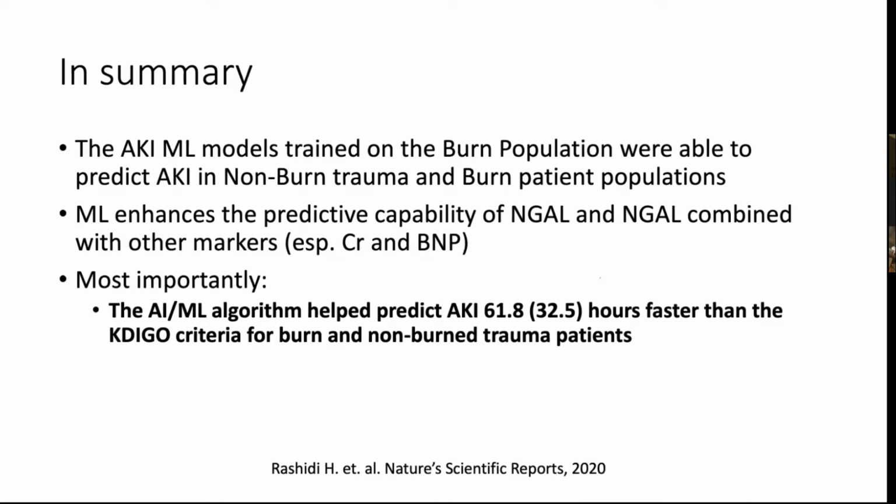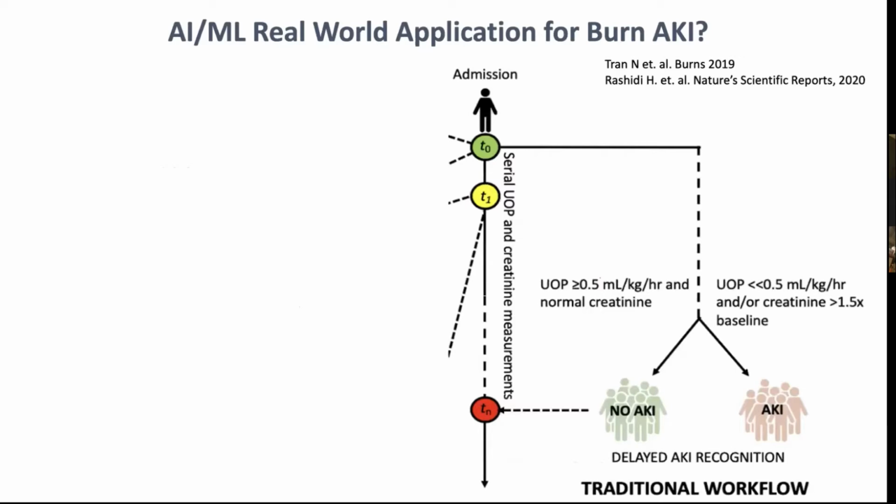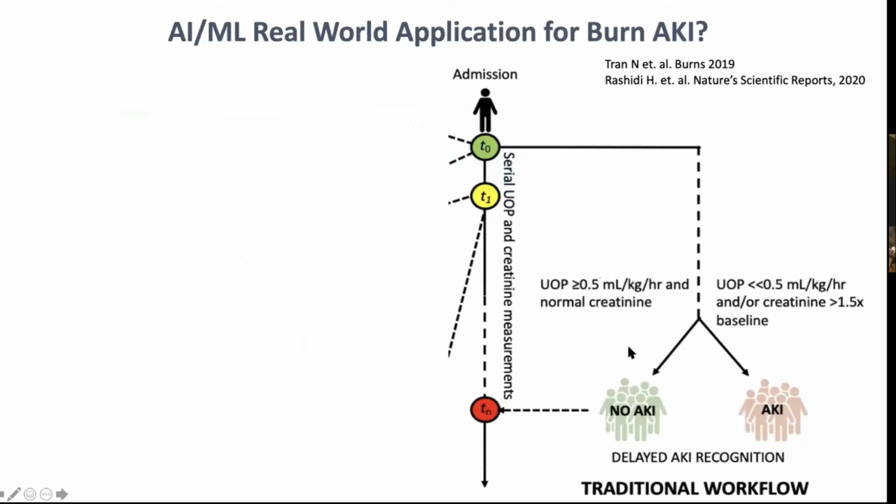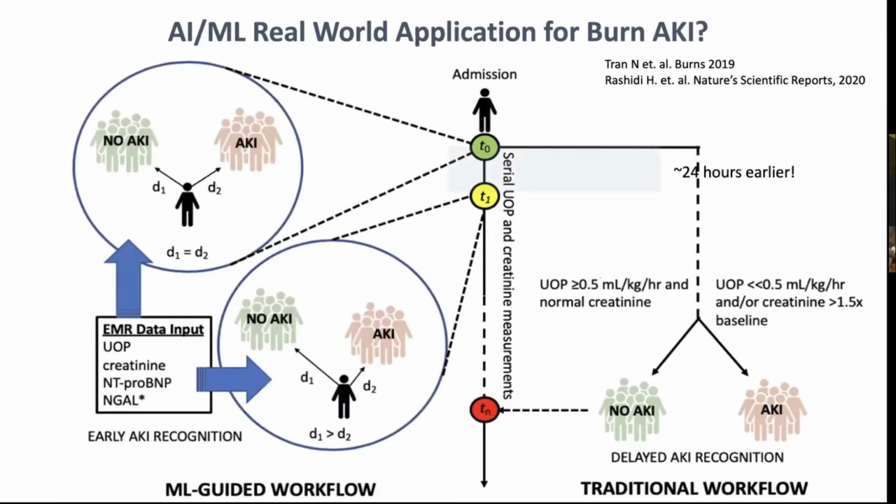And we have multiple additional studies coming from this, because this is in its 3rd stage of clinical trials now. This is what I meant in terms of how well it can do. If you did it without NGAL, using the KDIGO approach, you're going to find that it takes several days to get the answer. And when you improve it with NGAL and with machine learning, you cut the time down quite a bit and get the answer much faster, and potentially can intervene if it's in the proper settings.